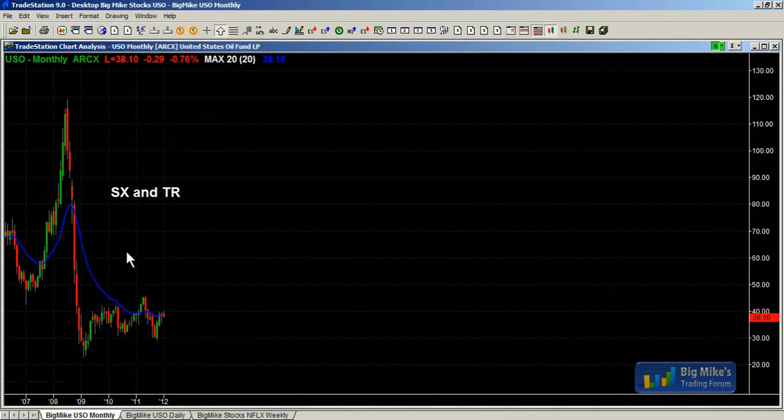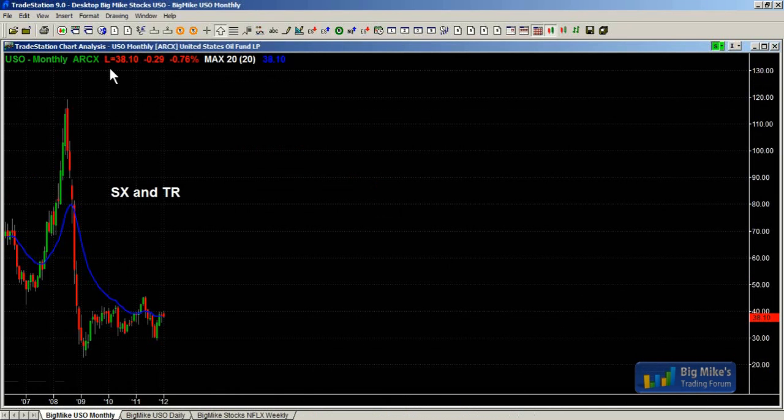Okay, this is monthly USO, which is the ETF of crude oil. I've said many times, big up, big down, big confusion, trading range. Monthly chart, that's exactly what happened. Big up, big down, trading range around the moving average. And so monthly chart to me, we're in a trading range until we're not. And this could go on for years.